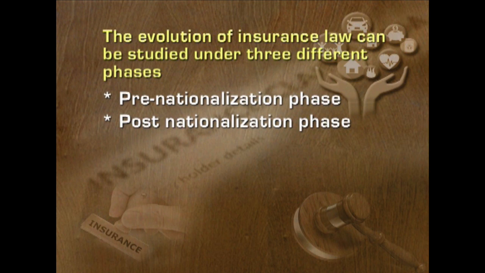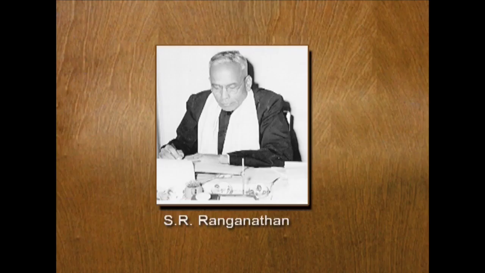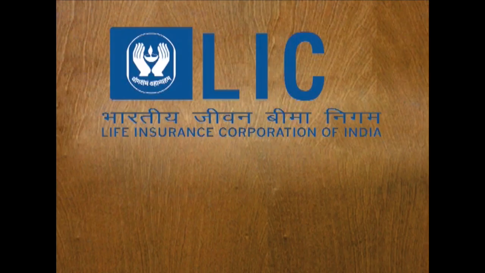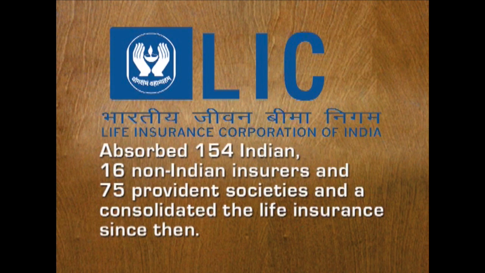Phase 2, post-nationalization phase. A committee was appointed under the chairmanship of S.R. Ranganathan to study the insurance business and law vis-a-vis national economic priorities. On the recommendations of the committee, the Government of India decided to nationalize the insurance business. An ordinance was issued on 19th January 1956, nationalizing the life insurance business by establishing the Life Insurance Corporation of India. The LIC absorbed 154 Indian and 16 non-Indian insurers and 75 provident societies,